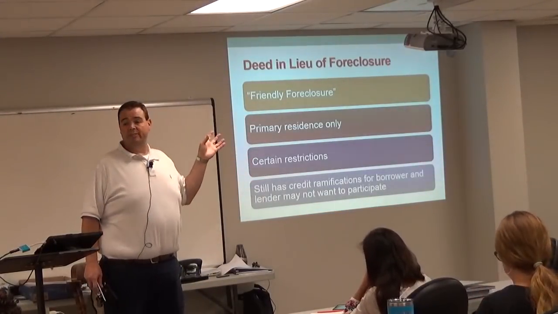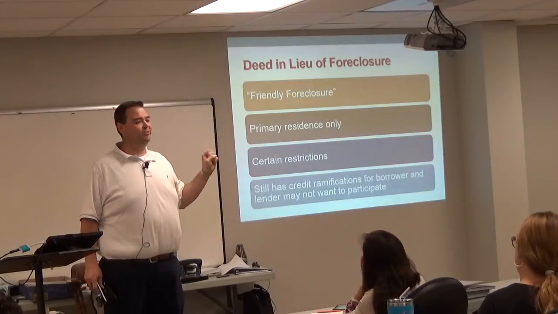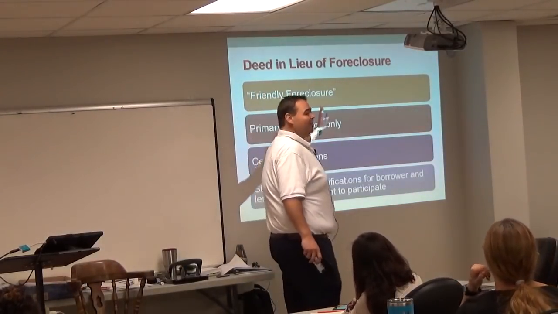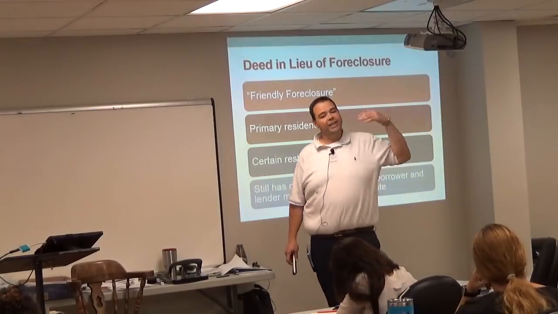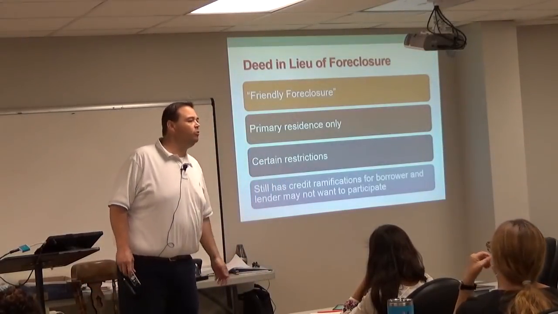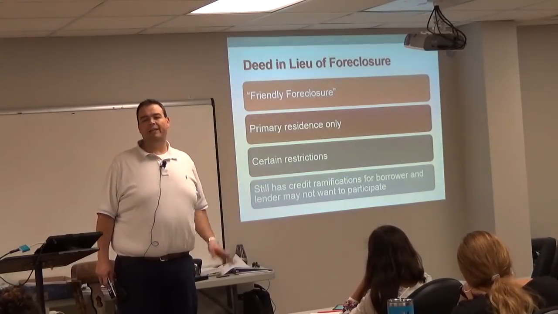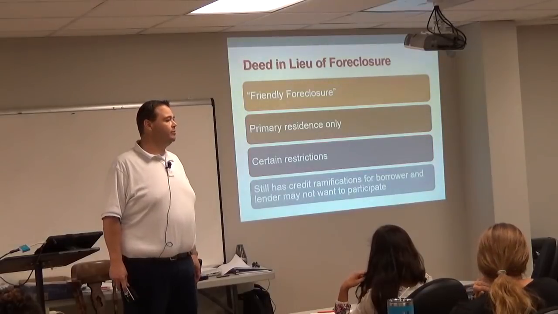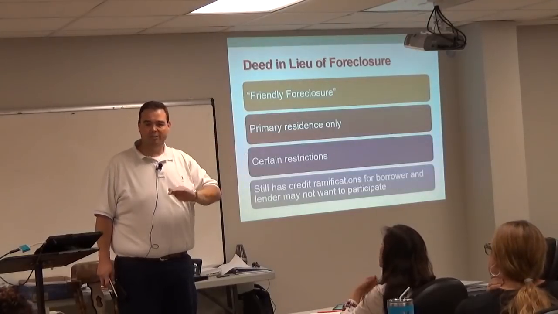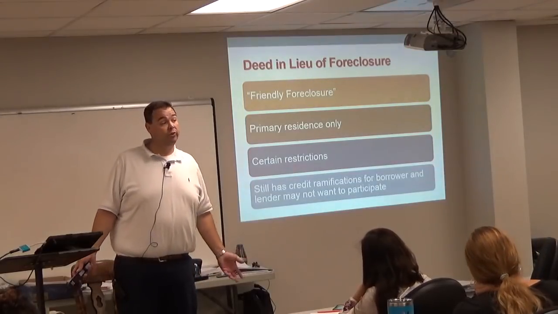So what does a deed do? What's a deed's purpose? Forget the rest of that stuff. What's a deed do? Transfer of title. So transfer of title instead of what? Foreclosure. So the name tells you what's happening. Instead of foreclosing, I'll just sign it over to you. This is the borrower saying to the bank, listen, I recognize we got a problem here. I owe you money. I can't pay you. You're going to foreclose. Don't do that. Here it is. I'll sign it over to you. It's yours. That's a deed in lieu of foreclosure. Does that make sense for everybody?